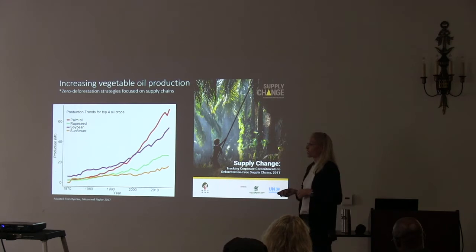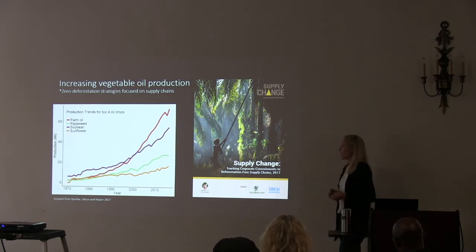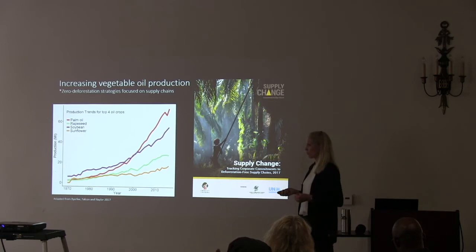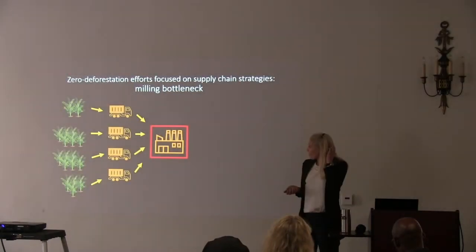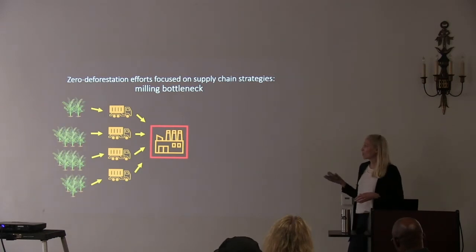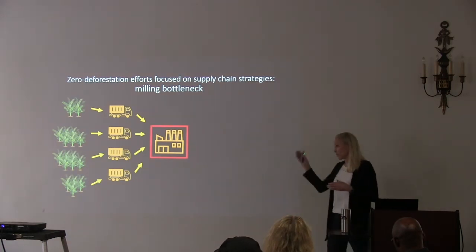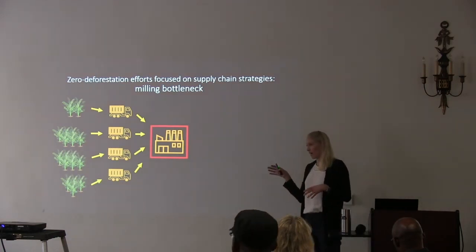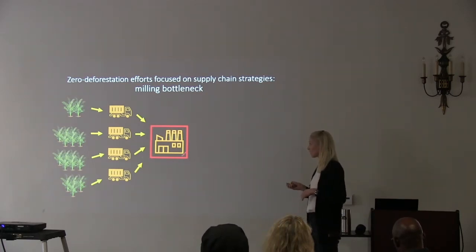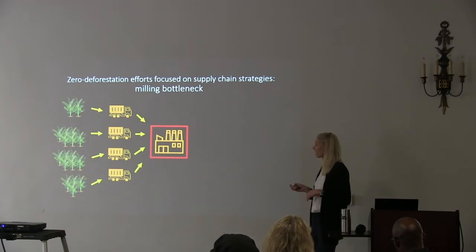So a lot of people are focused on how can we come up with solutions to prevent this deforestation, and that's involving a lot of scientists as well as private agencies, NGOs, local governments, and they're really focusing on this supply chain approach. So I'm going to walk you through what that actually means. After palm oil is produced and harvested, it's got to be brought to a mill within about 24 to 48 hours, after which point it really quickly starts to decay. So there's this milling processing point that really creates this bottleneck.